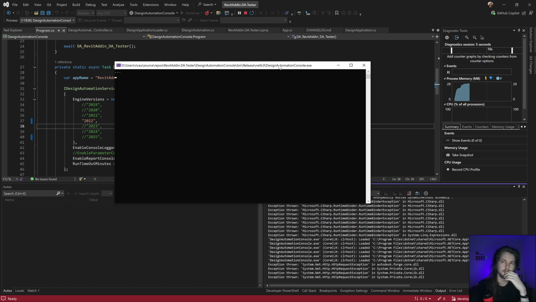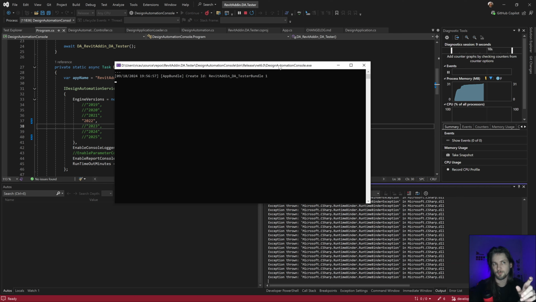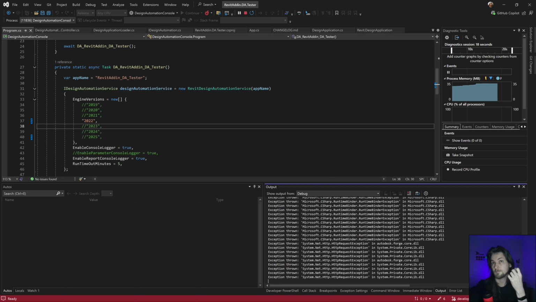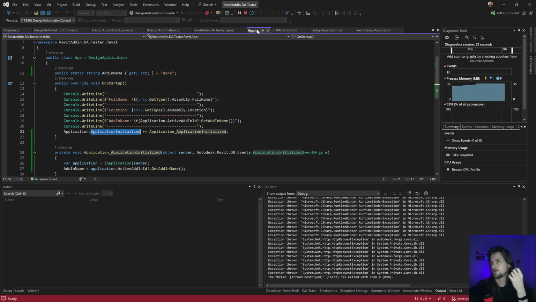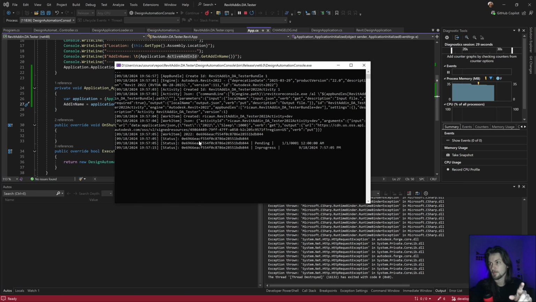Let's see if that event loads with the correct assembly, adding ID name. I'm not sure if I did it correctly or not. Yeah, that looks fine. This, by the way, is not going to be null. It's going to be in the correct one.